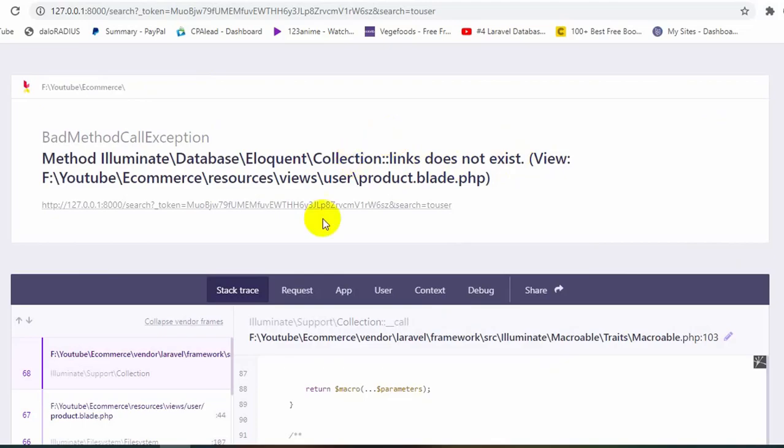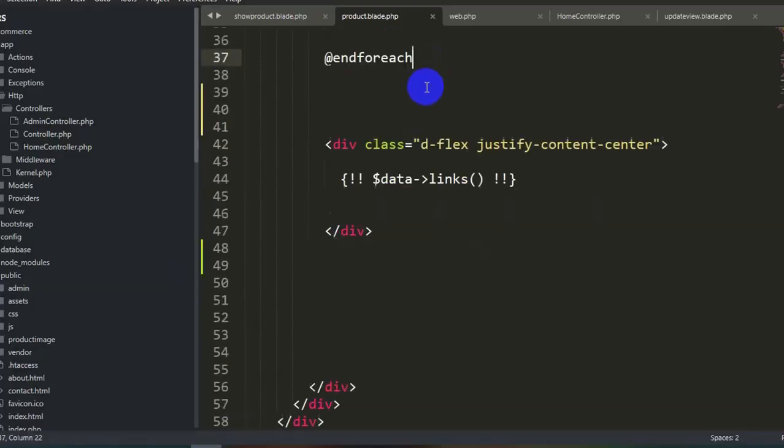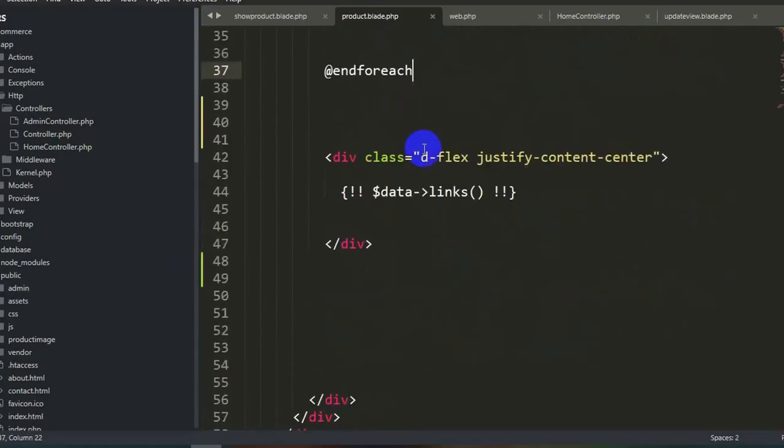Now if you go to our product.blade.php, over here you can see we use $data->links. Now we use this for pagination that I mentioned in the previous tutorial, but we didn't use any pagination for this search option. So we should give an if condition that if the pagination exists, only then use this $data->links. So for this we'll give an if condition.